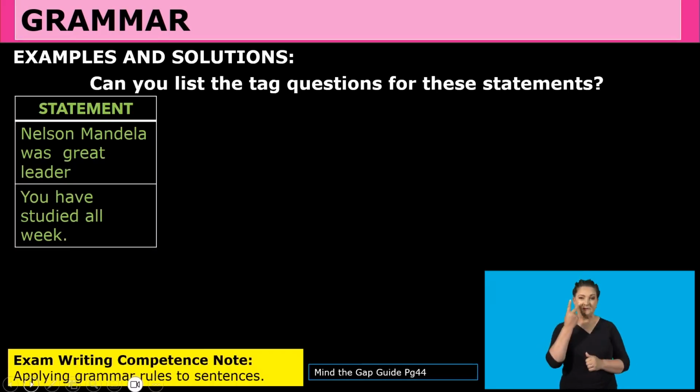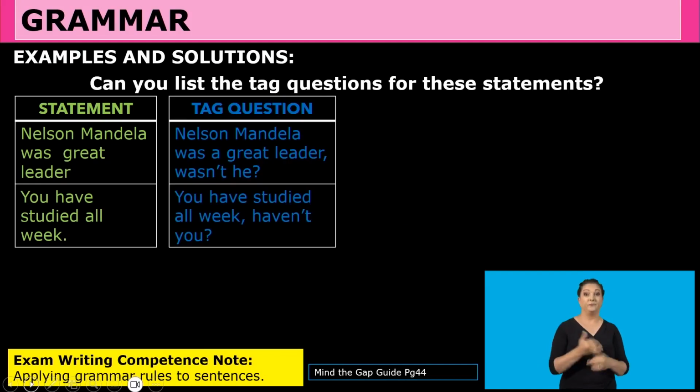So let's look at tag questions. Nelson Mandela was a great leader. You have studied all week, and in our responses, we're going to identify, look, there's your comma, there's your contraction, and there is your question mark. So we've complied with all the rules, okay? You've studied all week, haven't you? And then all of those have been